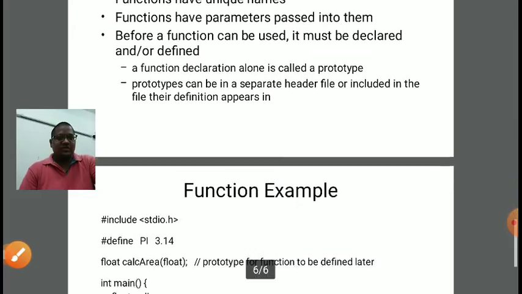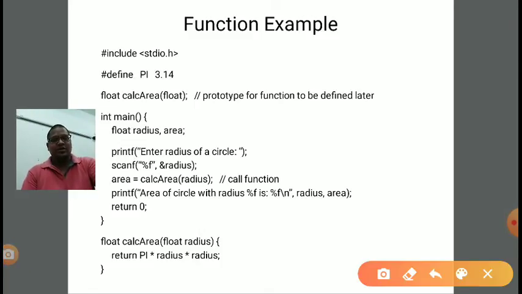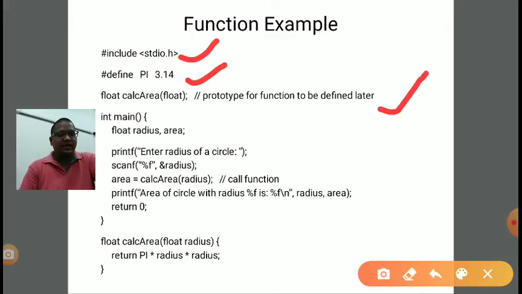Now, next is one example I have written here. It is the same program which we have discussed two times, first with the help of a simple variable, second with the macro #define. Now we are writing the same program, calculating the area of a circle, with the help of a function. Here we have written #define, all of you know this is a header file. This is a macro, we have declared a constant value with the help of a macro. PI is the name of the macro, 3.14 is the value. Now if you look here, this line is added. This is the prototype or function declaration in this program.